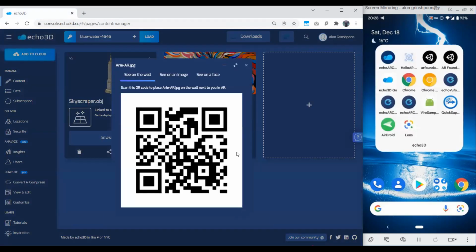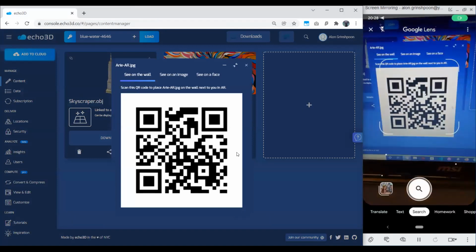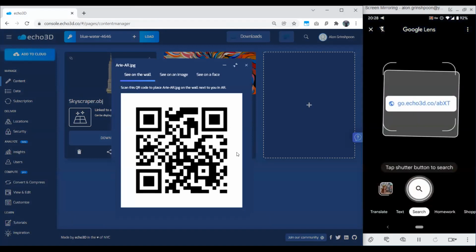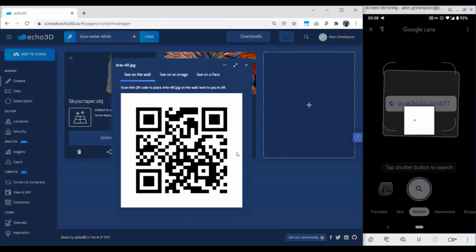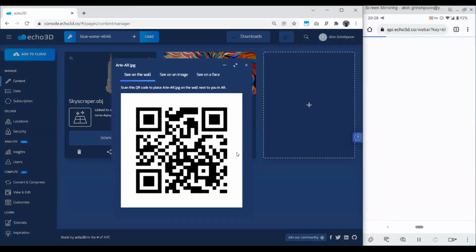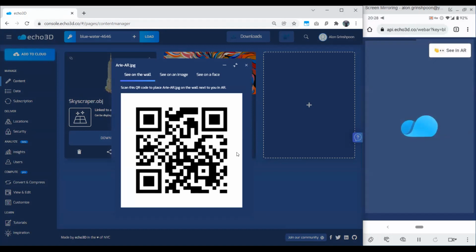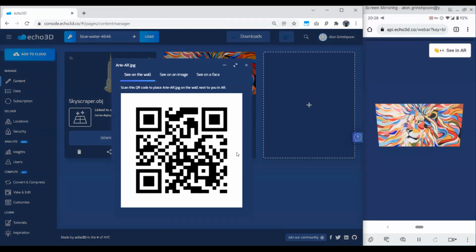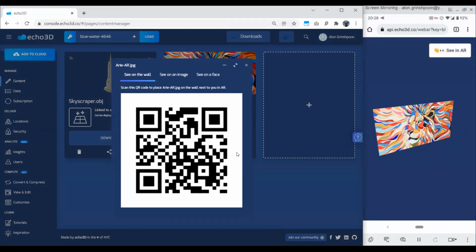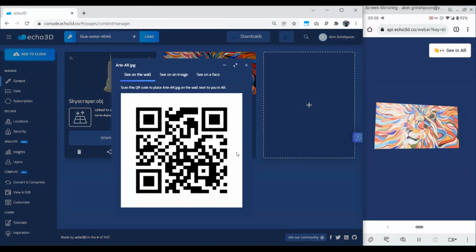So I'm going to scan this QR code again. Redirects to a website. Again, don't have to install anything. And if you're doing this right now with me, you can kind of scan this and see it with me as well. We can see on the phone how the 3D model looks. I'm going to do CNAR, camera opens up. And now put your phone in front of